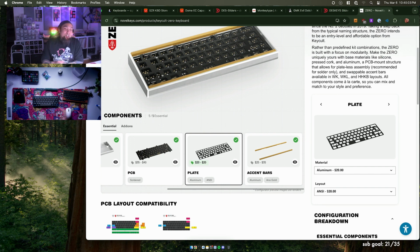Okay, so anyways, another thing, I didn't get a second PCB because it didn't hit me that I could just go plateless on this. I don't know if I'd want to, but I could, and I just realized maybe I should have gone for a plate build and a plateless build. It didn't hit me though. Anyways,